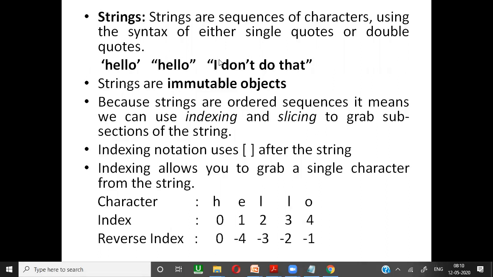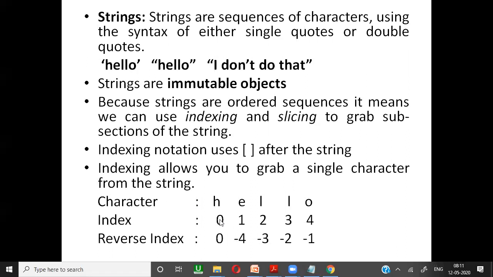Here, a string is also like an array. For example, if I have a string object initialized with HELLO, it will look like this: characters H, E, L, L, O. Like an array, a string also has the indexing concept.